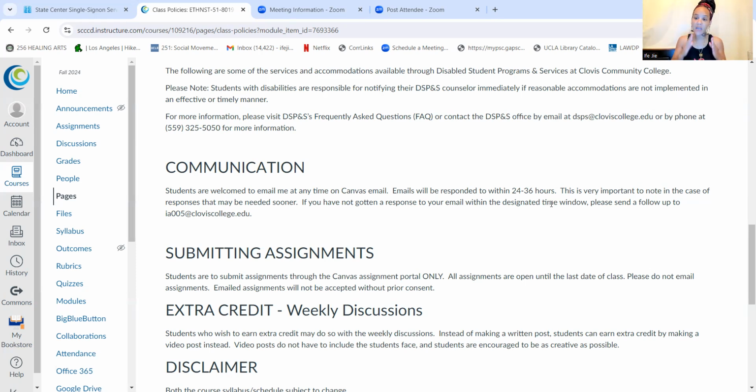So please be mindful if you're having issues with the computer glitching out, or if you're having issues with your files uploading properly, then you might need to seek some support, perhaps from our library, perhaps from some of your classmates, if you're able to reach out to them on our chat here on Canvas. But you need to turn your assignments in within the appropriate Canvas assignment portal.